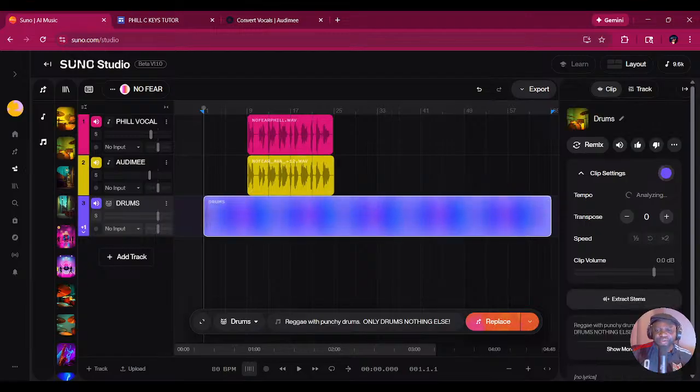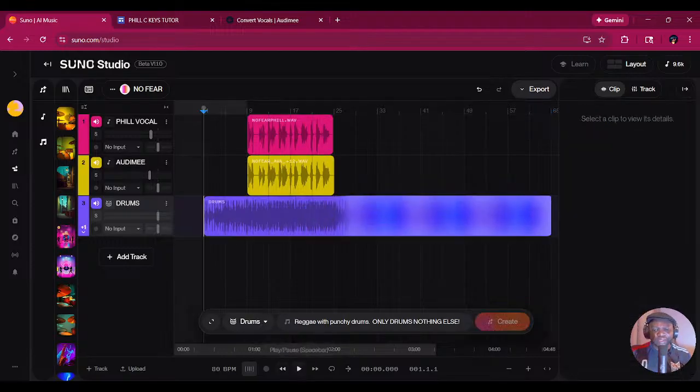What I advise you to do is to layer piece upon piece. If I wanted to direct it a little bit more, I could have actually played some keys on top of it. But I want to paint from scratch today and see how well it's able to allow me to paint from scratch without giving it so much information. So let's check it out. Here's the drums.